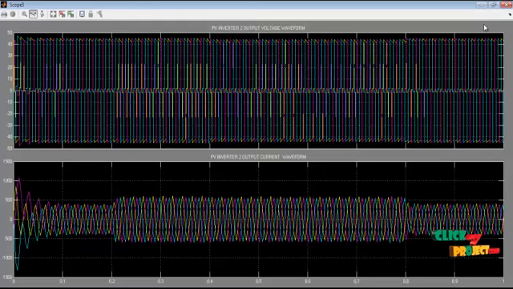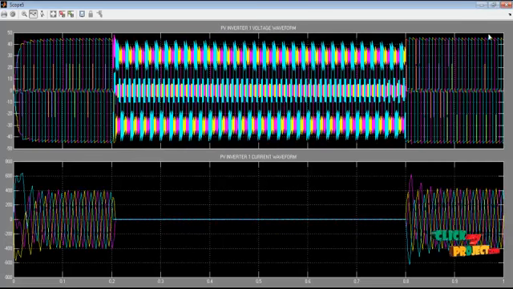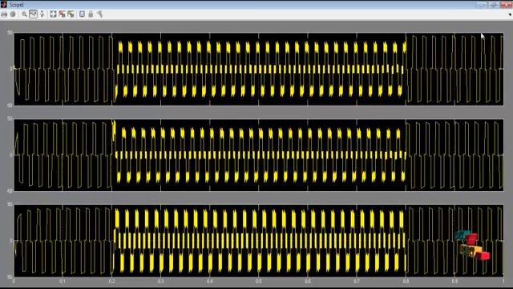The first one is the output voltage and output current waveform of PV inverter 2, and the next one is the output voltage and output current waveform of PV inverter 1. This value is 0 because this inverter is on only for this duration, and for the other duration that inverter will be open. When the circuit is open the current will be 0, so the waveform is like that. Next one, this is the separate voltage A,